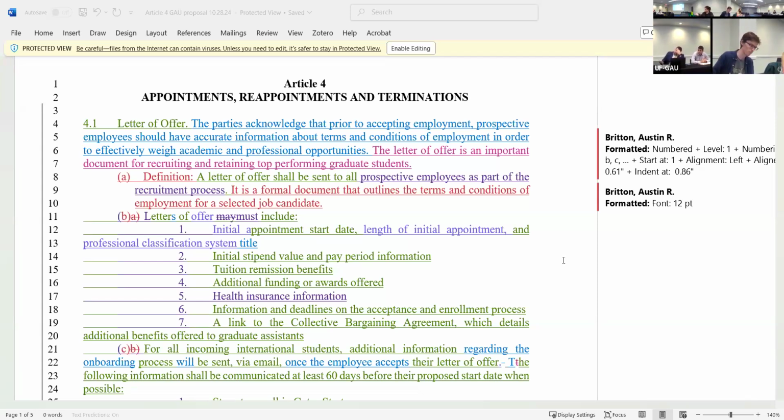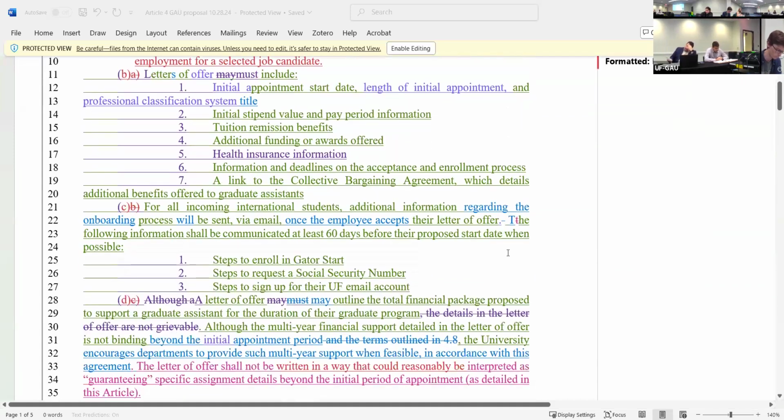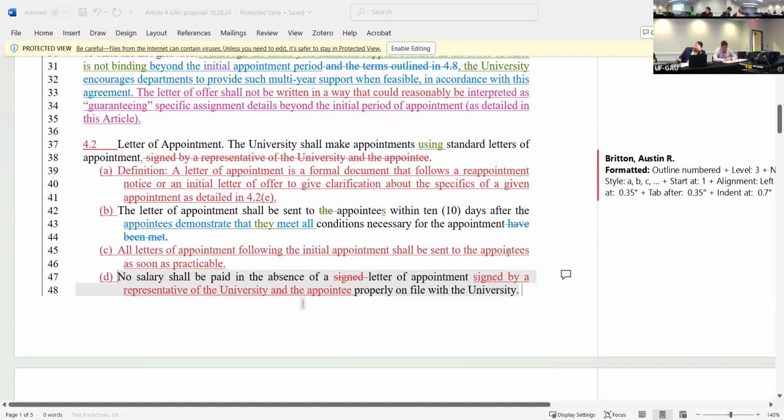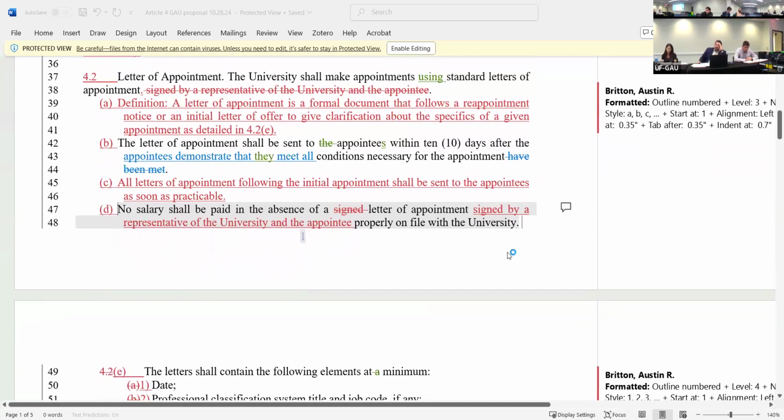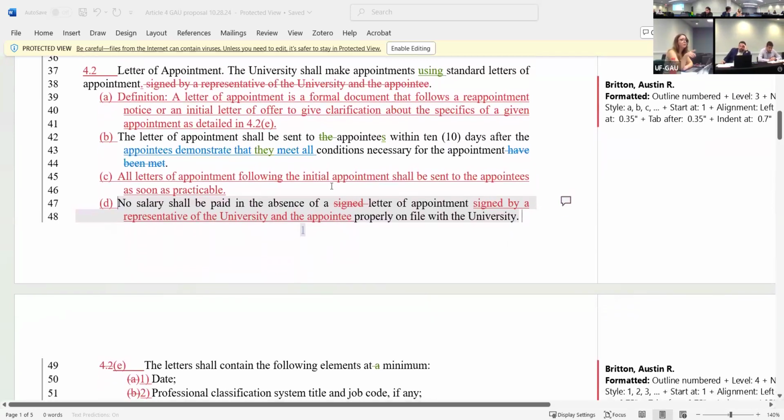Yeah. Starting on line 37, I guess technically line 35. What's the time, I mean, 10 days after the appointees demonstrate that they've met all conditions necessary for the appointment, wouldn't most of those conditions already have been satisfied? Well, this is something that you and I talked about during conversations